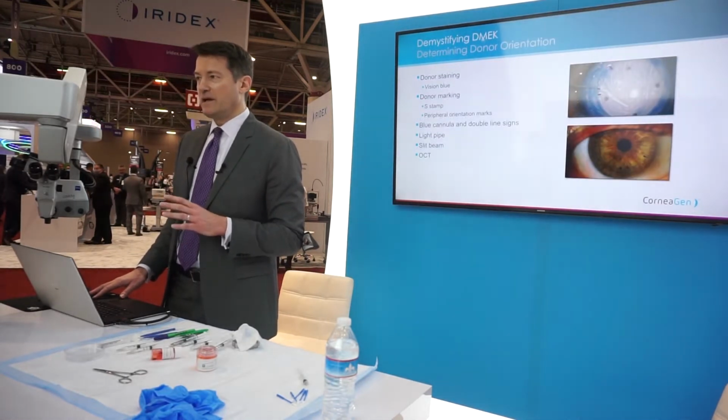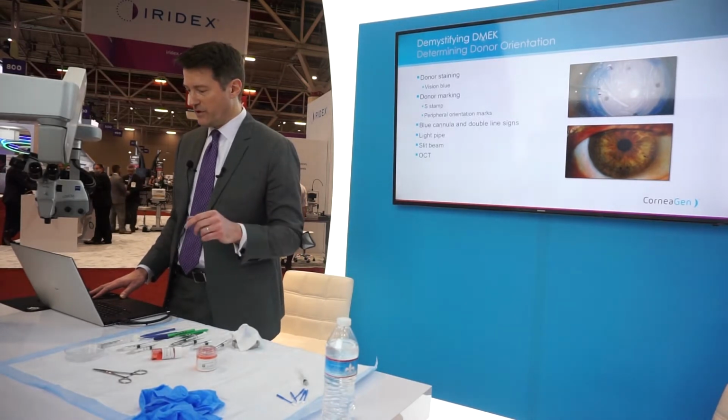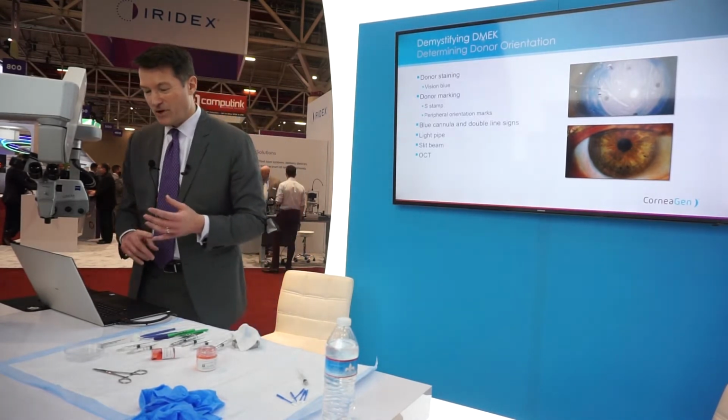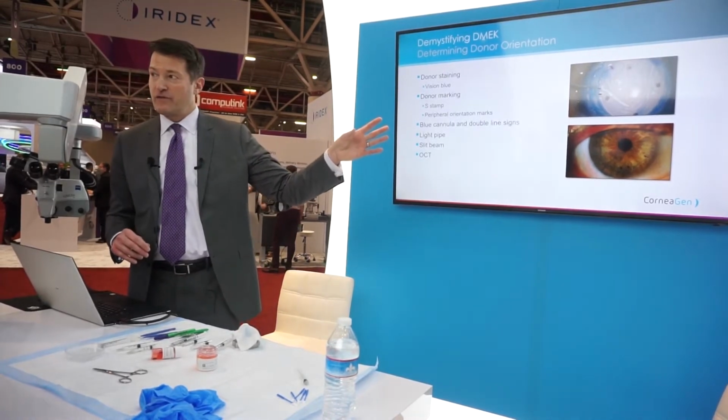Well, nobody does DMAC without staining the graft. So that's universal, number one, got to stain it. Almost everybody, except my colleague Sophie Deng, uses an orientation mark like an S-stamp, but the rest of us do. So S-stamp, also some people, if I'm doing it sometimes outside the US when the graft's not marked, we